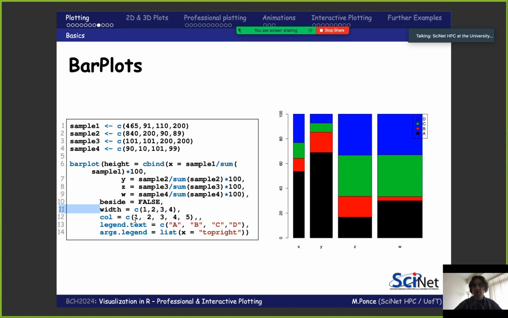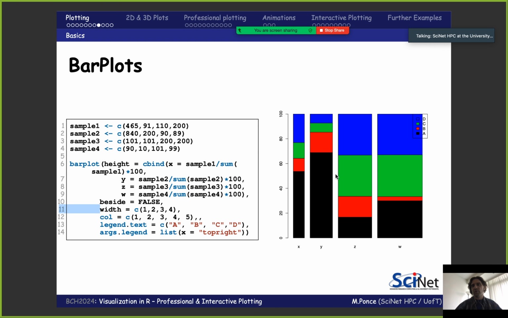The colors also are selected by hand, 1, 2, 3, 4, 5. Remember, R can interpret a color by names like black, red, green, blue, or by color number, and that's exactly what I'm saying here, and that's why each bar starts in black, is 1, then goes to red, green, and blue. Legends, that's the legend that you see right here, and then the arguments of the legends, where do you want to place it?